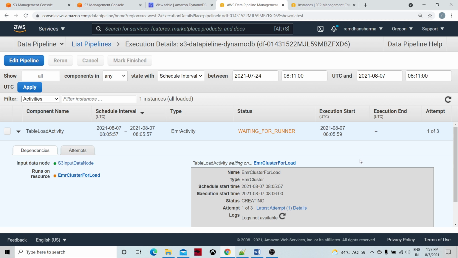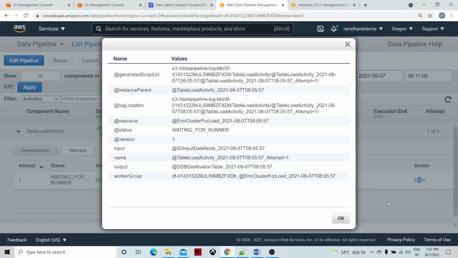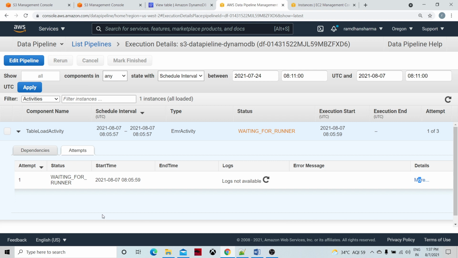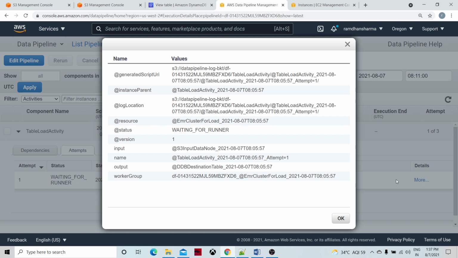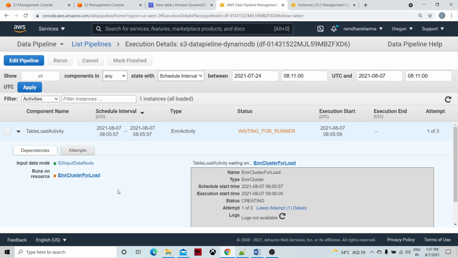Okay, let's see what else we can explore. See the attempts. If you look here, there will be an attempt number, and there will be 3 attempts. They are going to do 3 attempts, and if you look at the detail over here, this is version 1, and it is happening.